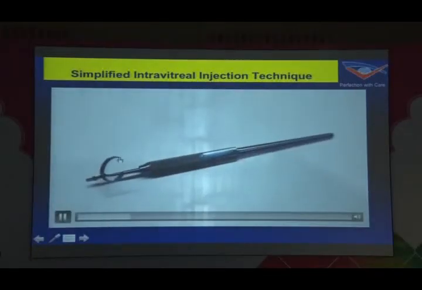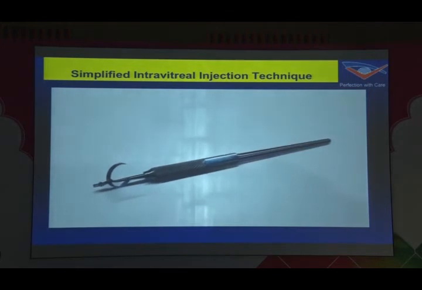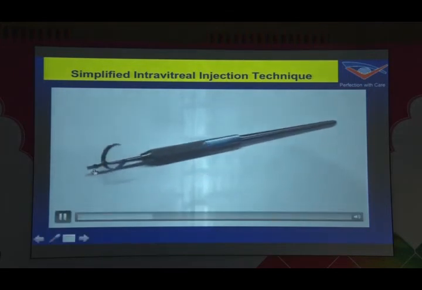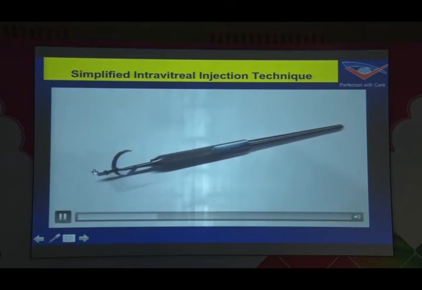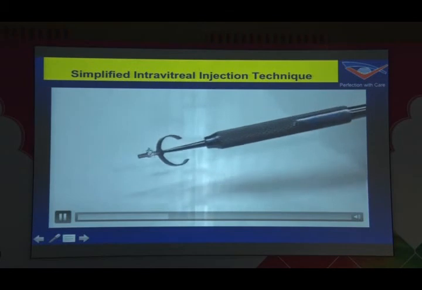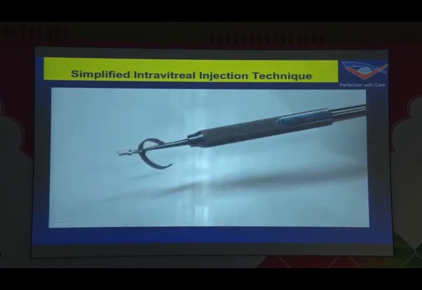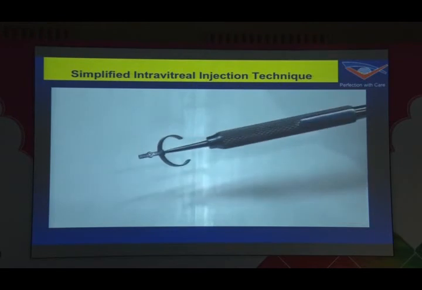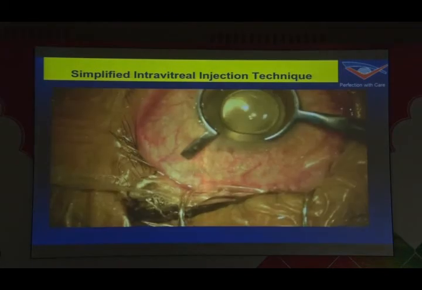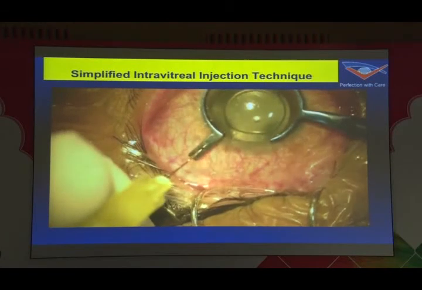So this particular device has a semicircular ring. It has a small arm which has markings at every 1 millimeter. It has a platform which can actually press the puncture site, and this platform is such that you puncture at a distance of about 3.75 millimeters but enter at a point of about 3.5 millimeters. That means your entry into the eye is valvular, and this valvular entry makes sure that when you go inside, as we saw on anterior segment OCT, the valve closes.